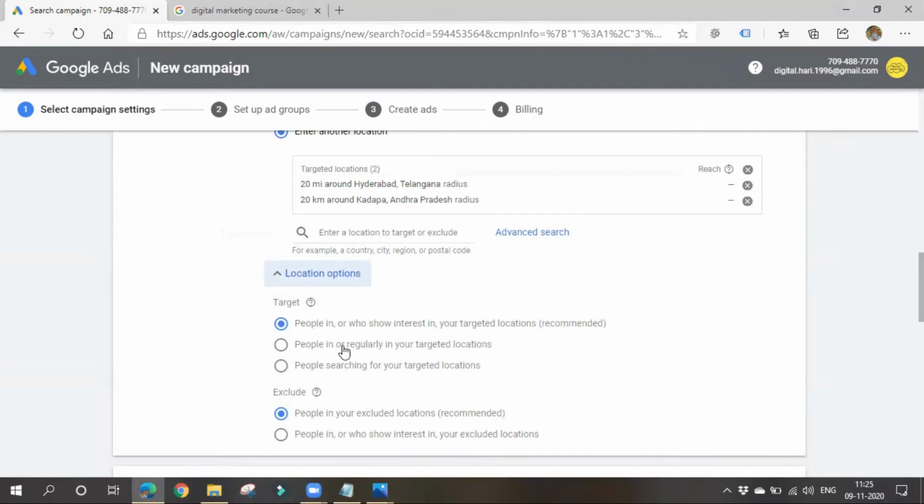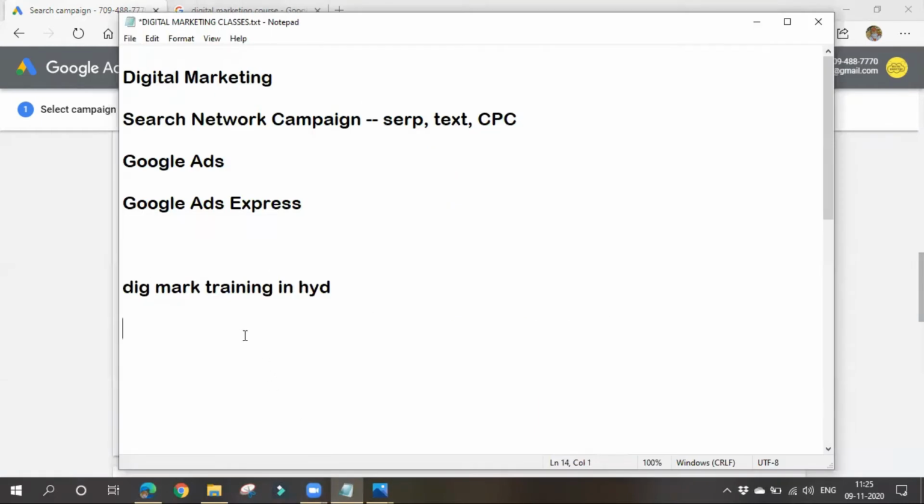The second option is people in or regularly in your targeted locations. In this case, your ad will be shown only to people present in your targeted locations. So if you are targeting Hyderabad and Bangalore, then your ad will be shown only to people residing in Hyderabad and Bangalore. Your ad will not be shown to people residing in Chennai, Kadapa, or other locations like Tirupati.